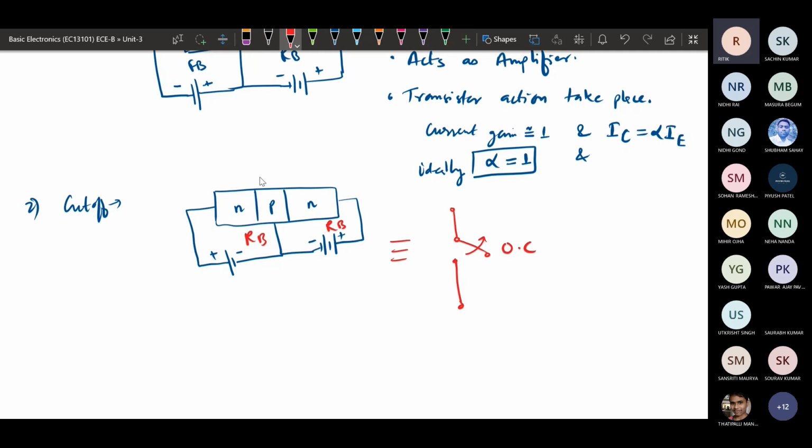So if it is operating in cutoff mode, it is an open circuit, it will be behaving like an off switch, or it is considered as a zero state.